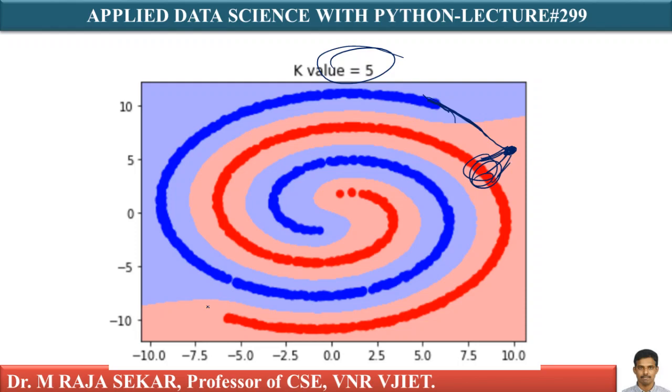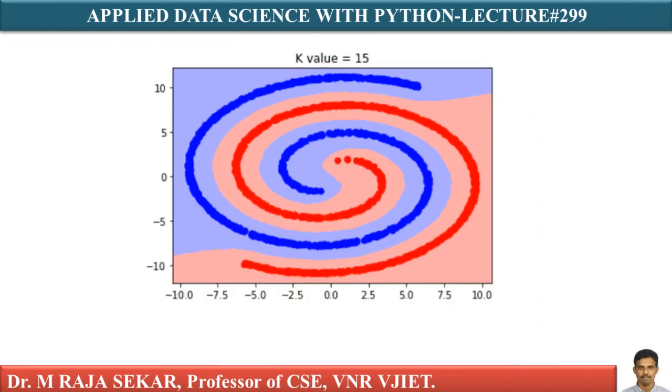Similarly, in this region, if I take a query point here, I need 5 nearest neighbors. Because these are blue, I will keep blue color. But if I keep on extending this spiral, there are no red points here, yet this would be a red point, isn't it? This is one of the problems with the two spiral data sets. As K value changes, you get smoother and smoother surfaces, just as usual.